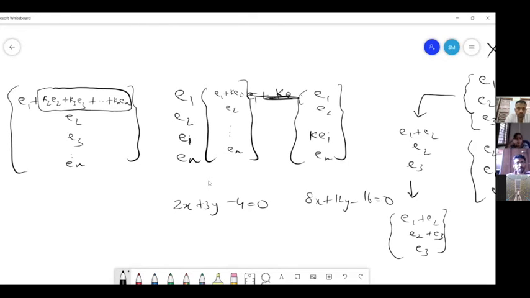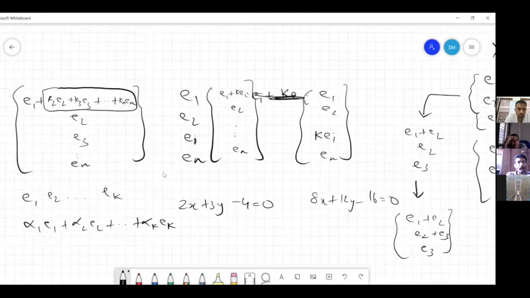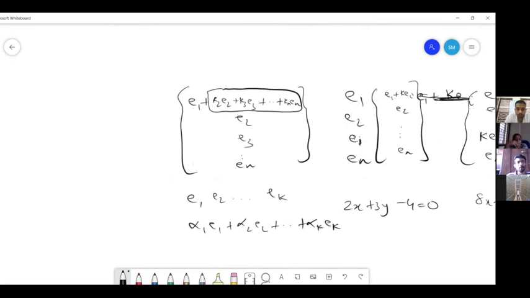So if you have some equations like E1, E2, Ek, then alpha 1 times E1 plus alpha 2 times E2 plus alpha k times Ek is a linear combination of these. These alphas are all numbers. Now I'll pose a question. I have a system E1 to En, and now I'm replacing each equation in the second system. This is system 1, system 2. So each equation in system 2 is a linear combination of equations from system 1. Each equation.